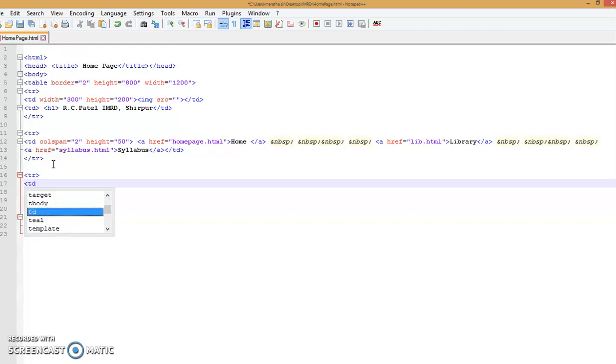Then here we declare the td, align is equal to top, valign is equal to top, and here we mention the marquee tag.